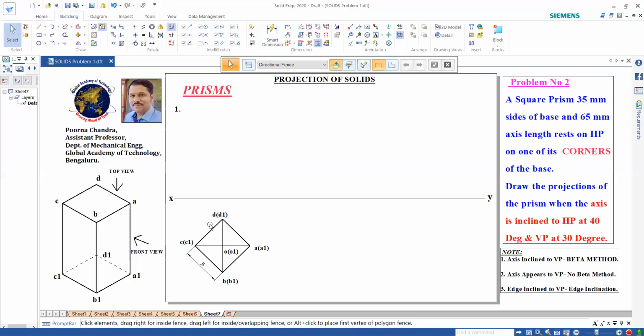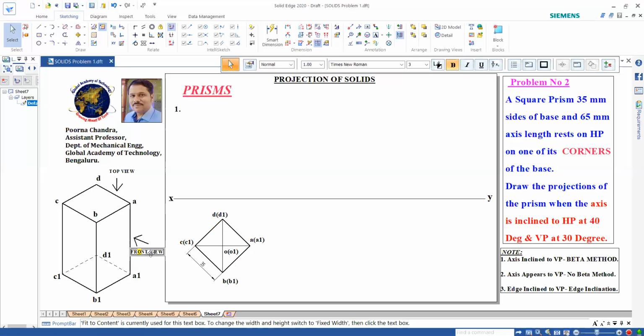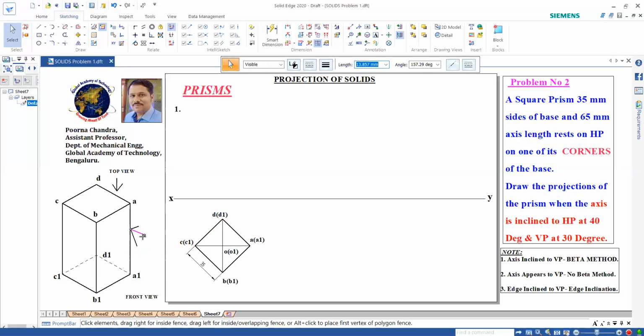A square prism resting on one of its corners on HP. This is HP and it is resting on corner. So on the right side we have the corner point. Okay. So this is done here. Next, when it is resting on corner, if you watch from front, the front will come over here. So this will be the front view.